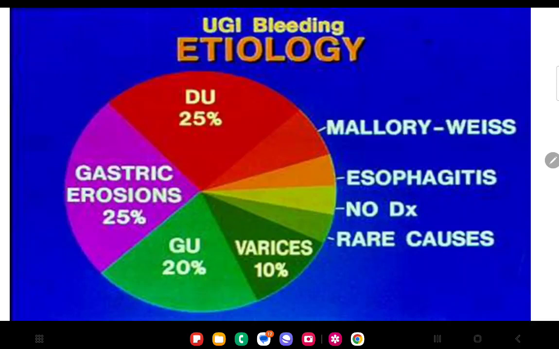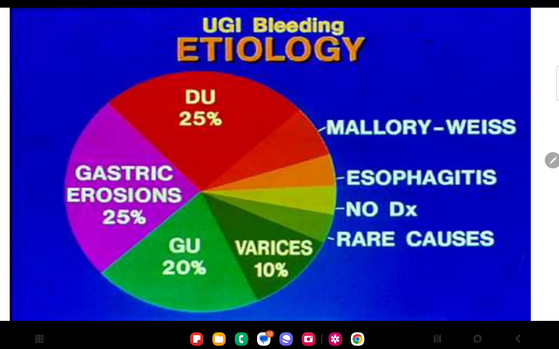Variceal disease is maybe 10%. But these percentages differ from one place to another. You can find Mallory-Weiss syndrome, esophagitis, and rarer causes,